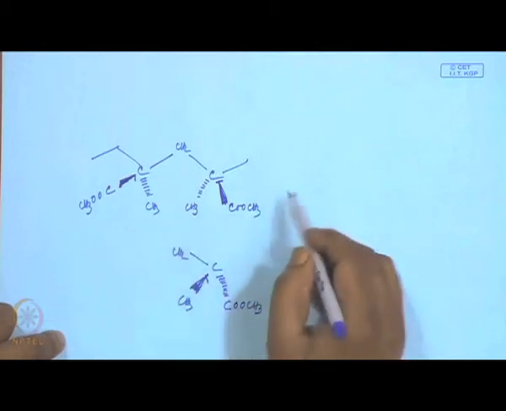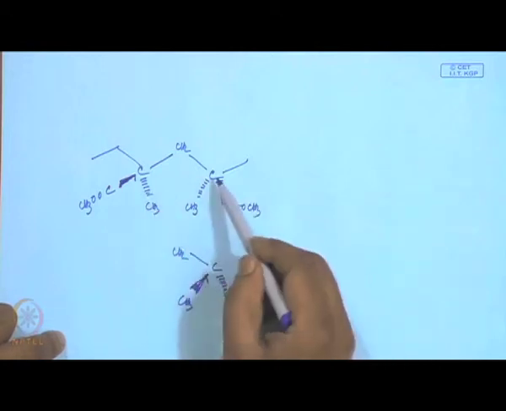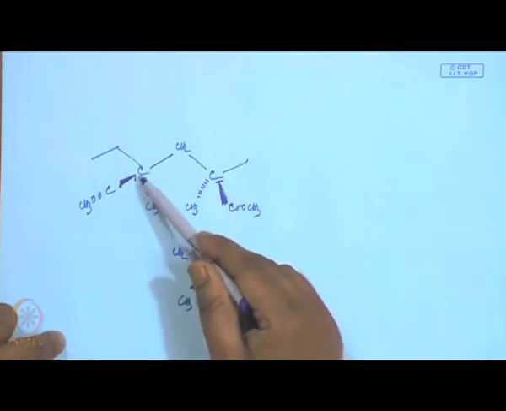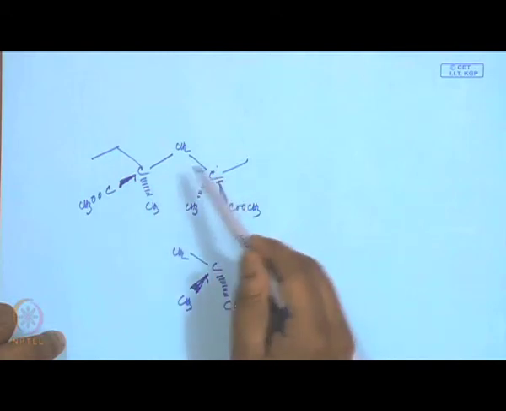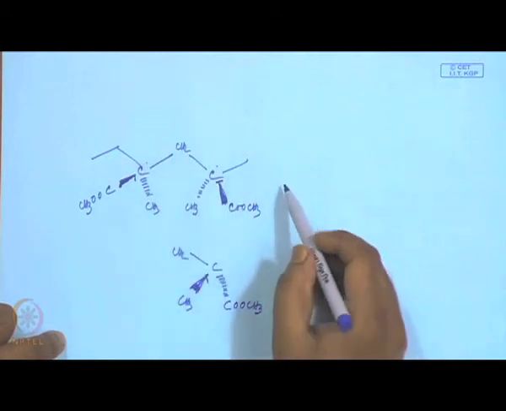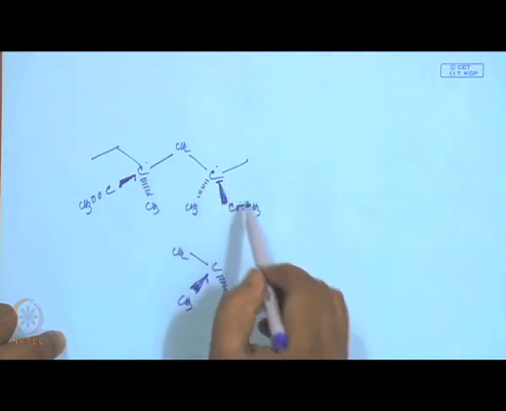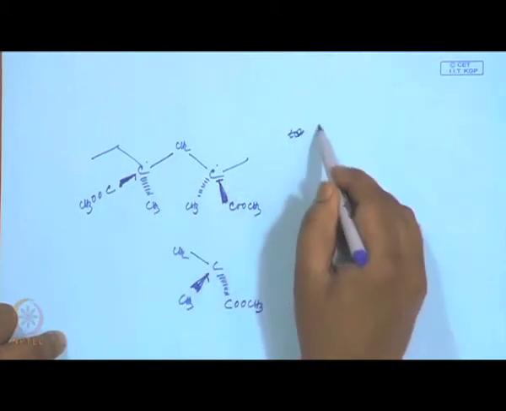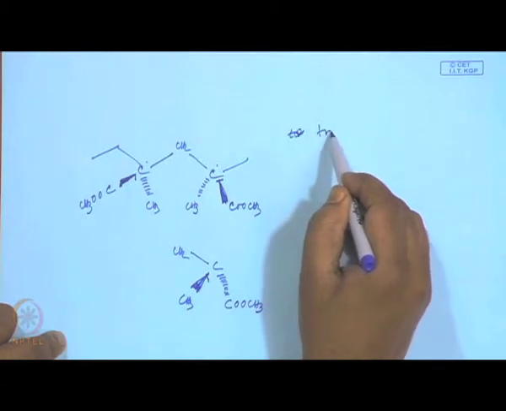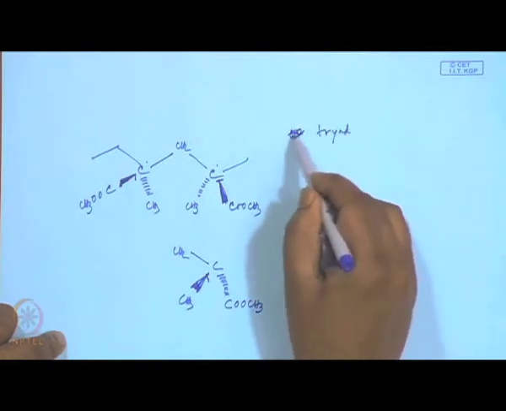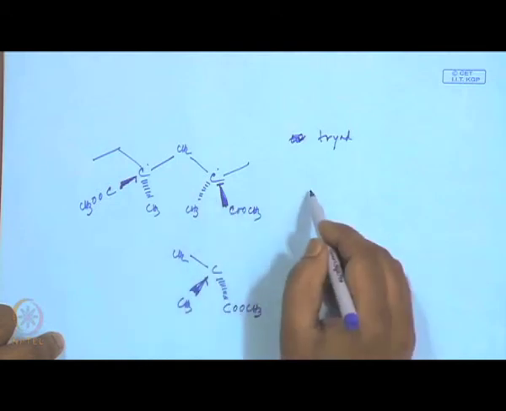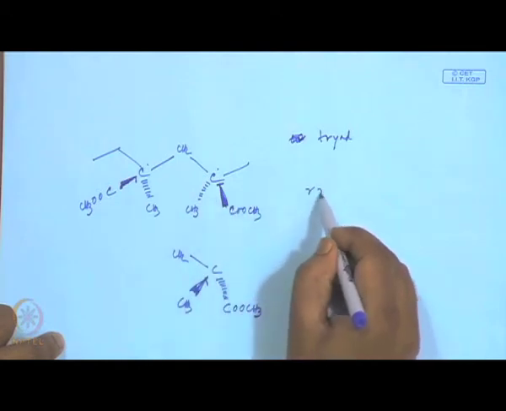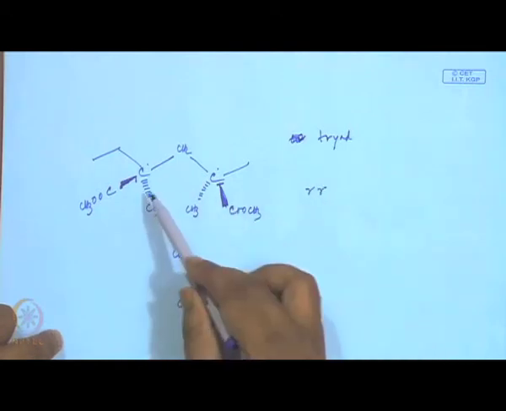Now this is an arrangement which is alternating, and these 2 carbons have alternating stereochemistry. So, this is a triad, and their arrangement is RR, racemic,